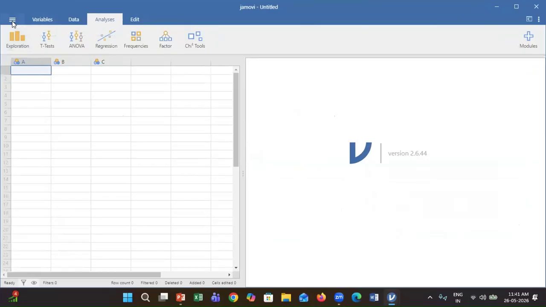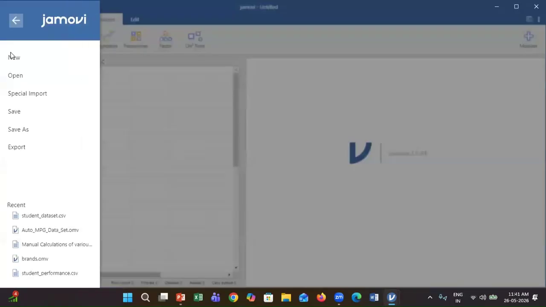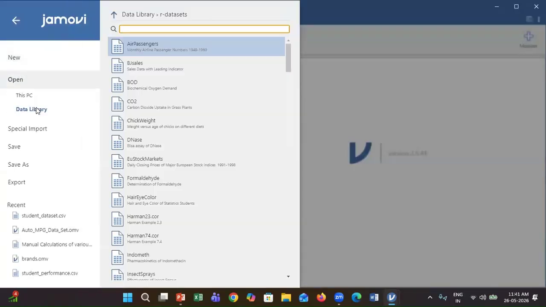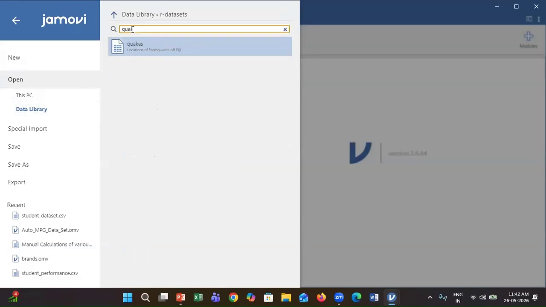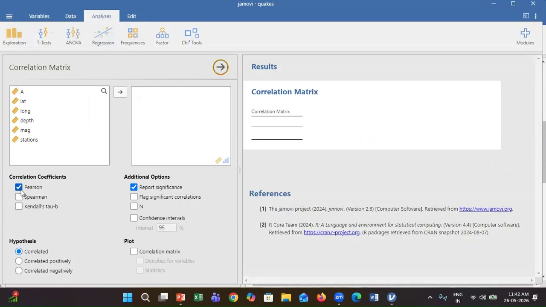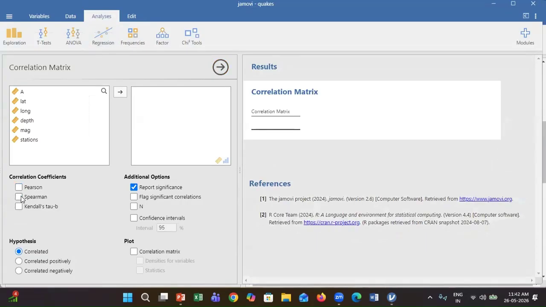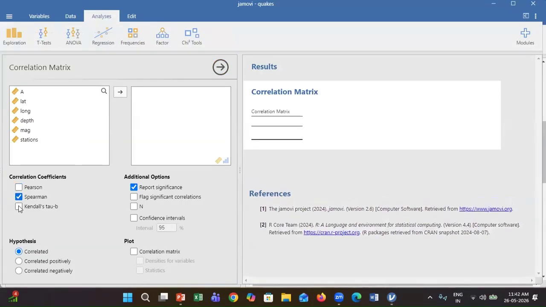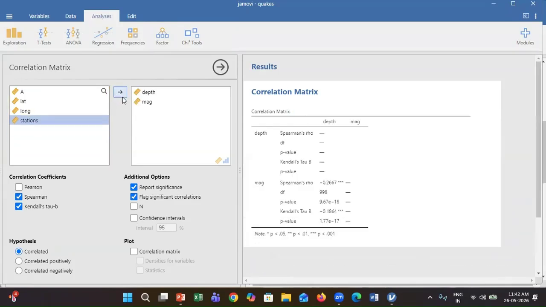I have opened a new Jamovi file. Now I will open a file from the data library. The procedure is one and the same. I will untick Pearson and tick Spearman and Kendall's tau-b. And I will move the depth as well as magnitude variables to the variable box.